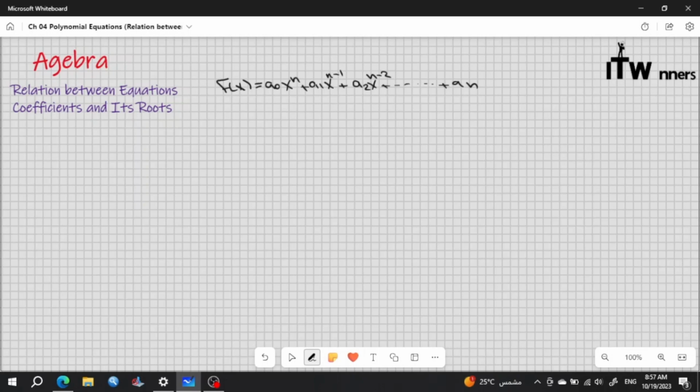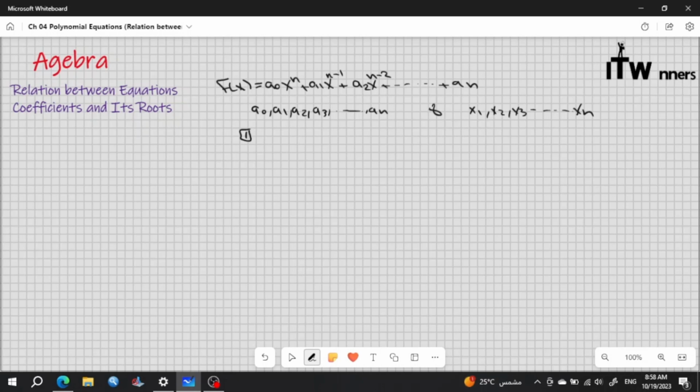There are some relations between a0, a1, a2, a3 to an and the roots x1, x2, x3 to xn. Okay, so here the first relation is